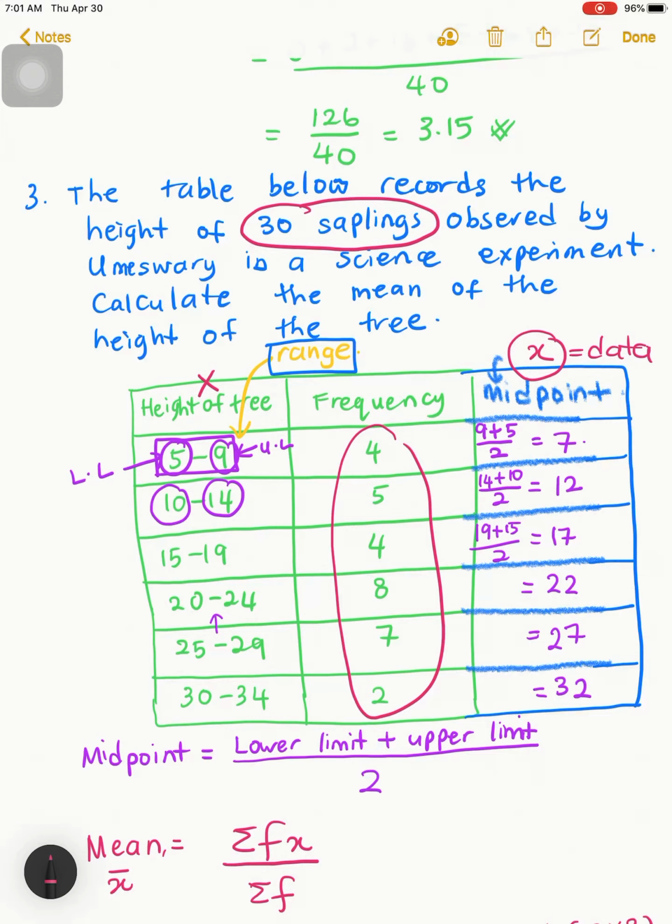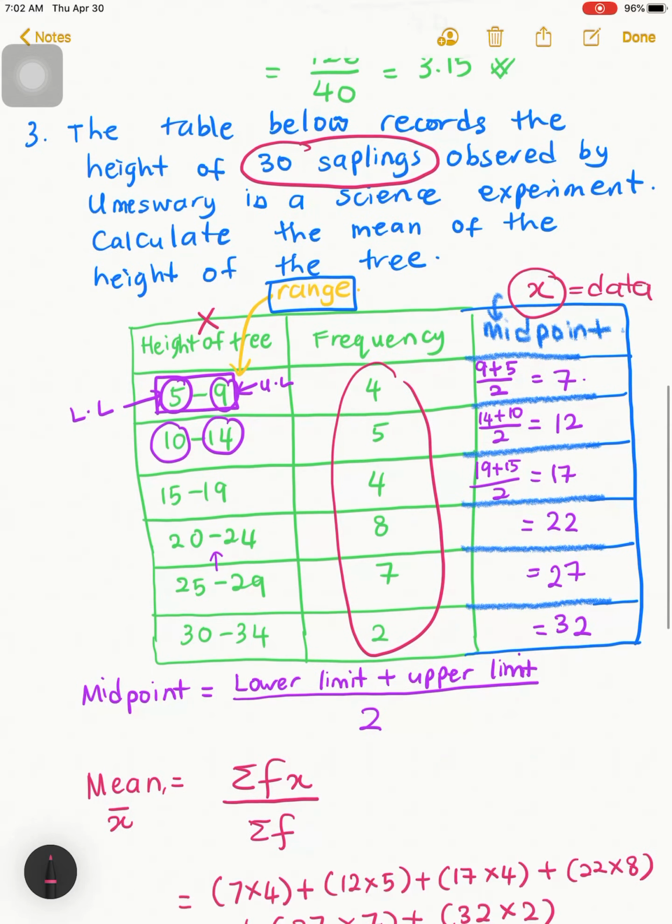And the last one, grouped data with range. First thing first, you have to find the midpoint. If there's no midpoint, then you cannot solve this kind of question. Remember, for grouped data, if you see the data